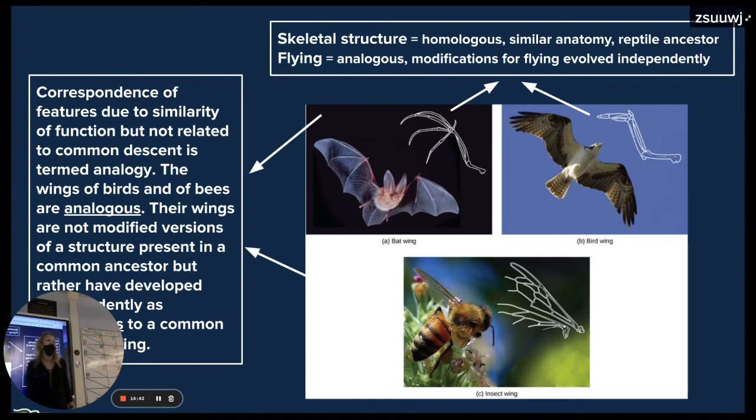The bird and the bat subtopic, they are homologous. They have those homologies in their structure, so probably they have the homologies in their DNA. Okay, and then